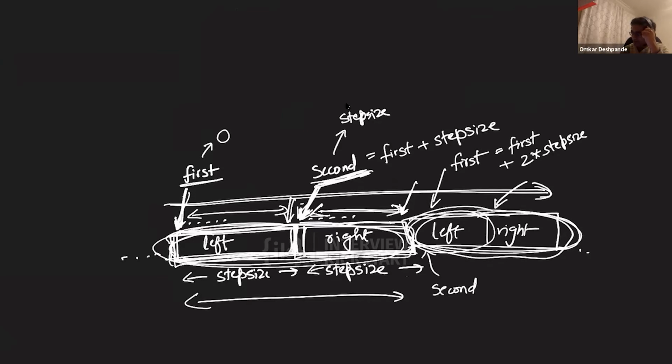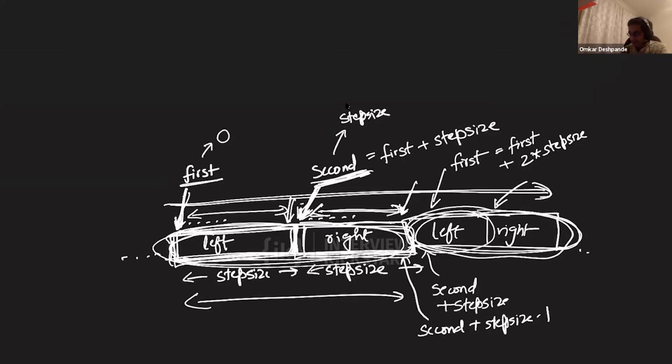This index was second plus step size. So up to second plus step size minus 1. This value will be second plus step size minus 1. So that's the last index